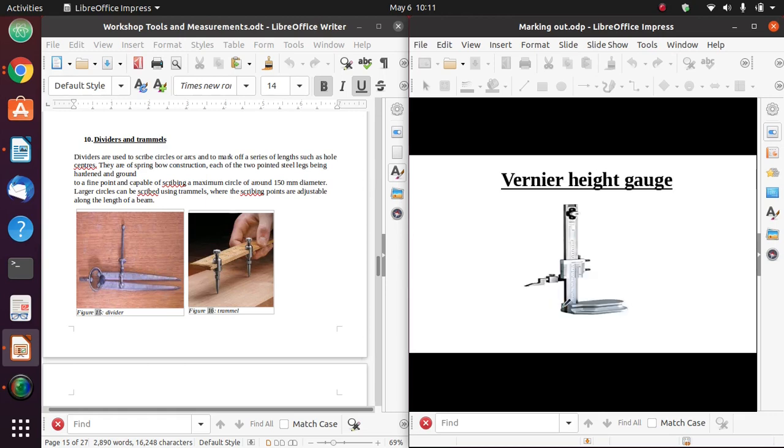Now we have a vernier scale, a vernier height gauge, and that is the reason why I've sent that video, so that you can read or interpret